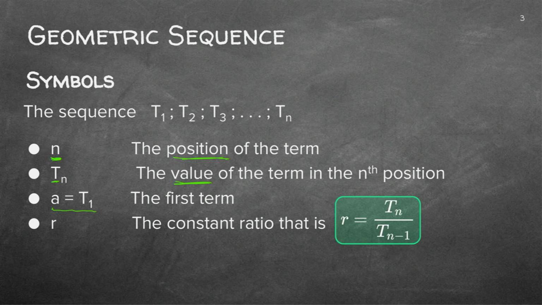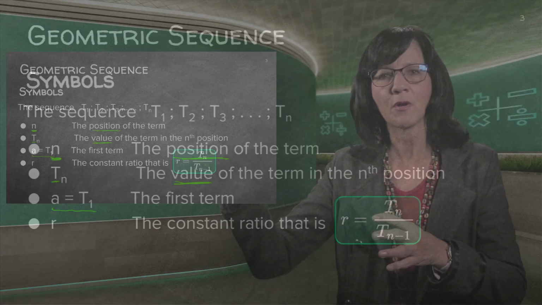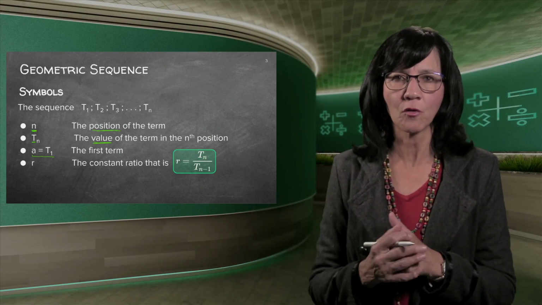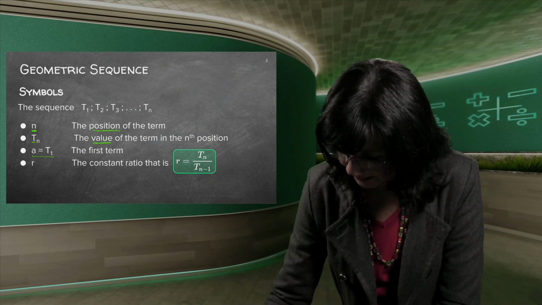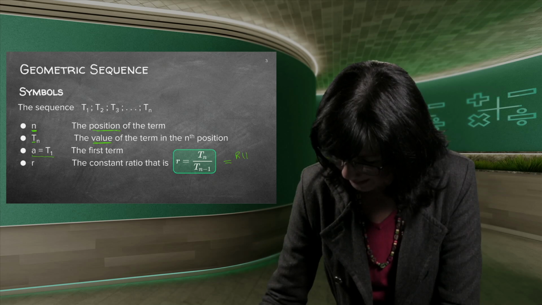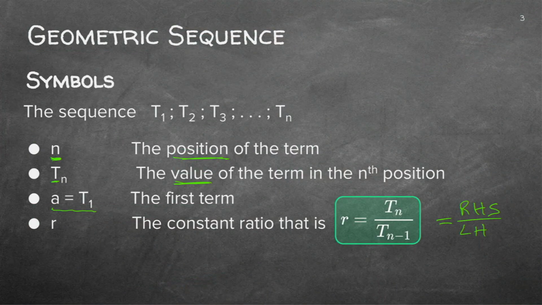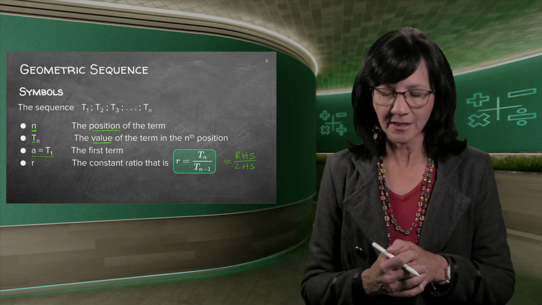Now, the only difference here, there's not a common difference between the terms. There's a common ratio between the terms. Now, you remember when we did the common difference, D for difference, we said right-hand side minus left-hand side, and then we got our common difference. We can't swap it around. So we do exactly the same here. The only difference, we do right-hand side over left-hand side, because now it's a ratio. It's something we multiply with in order to get the next term. So instead of adding the D, the difference in arithmetic sequences, we now multiply with the R for ratio. Multiply by the R, and that will give us each next term.